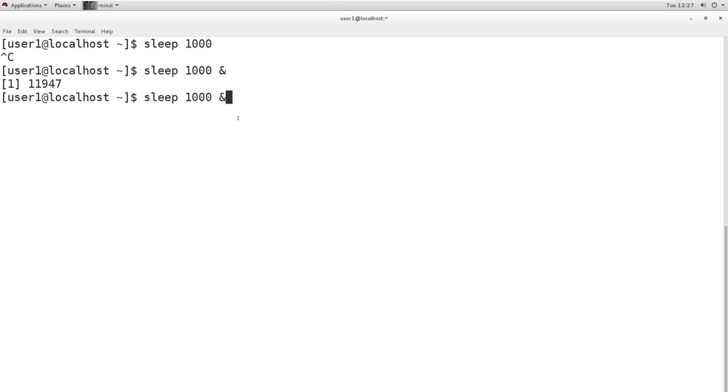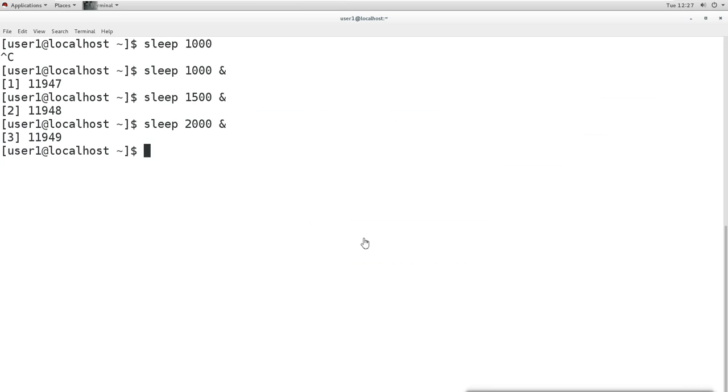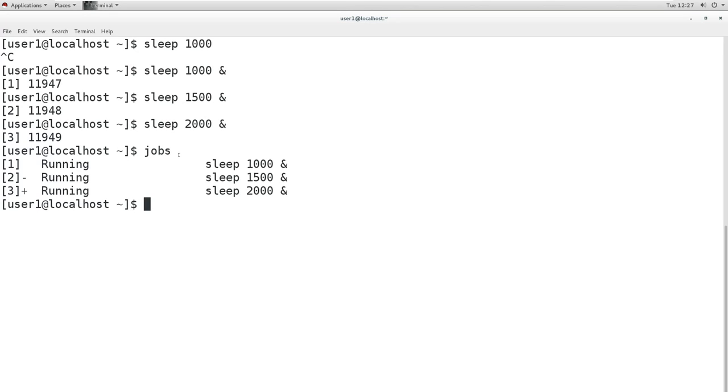Then sleep 500, sleep 2000. Now user 1 is running these three different processes.